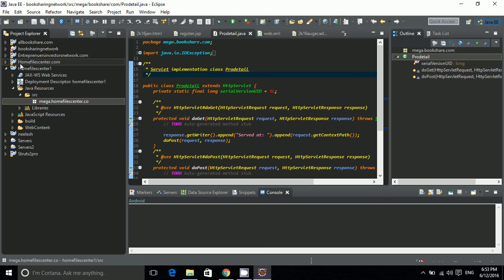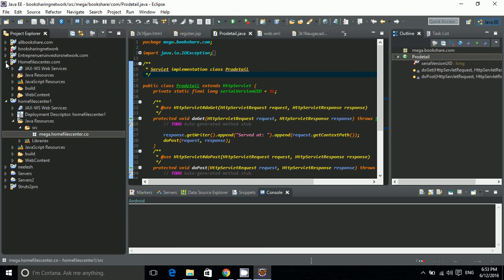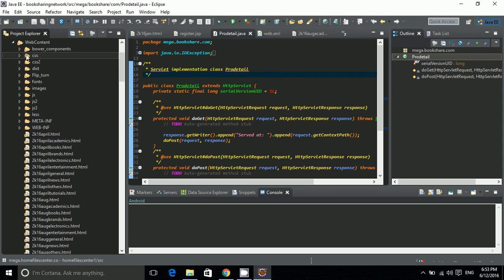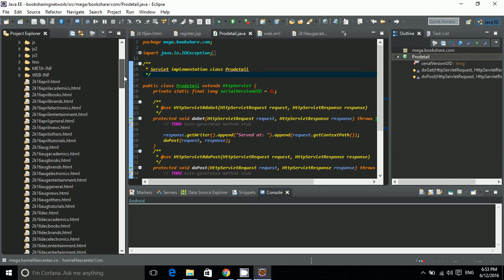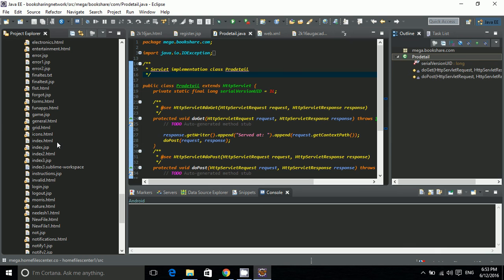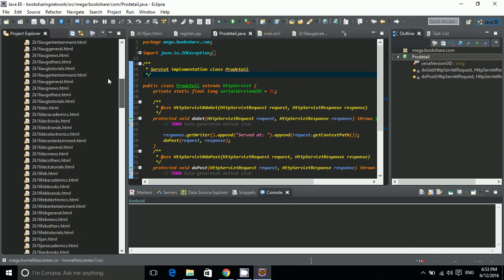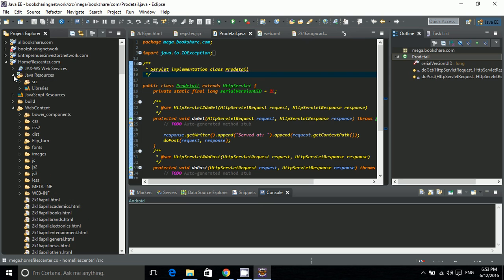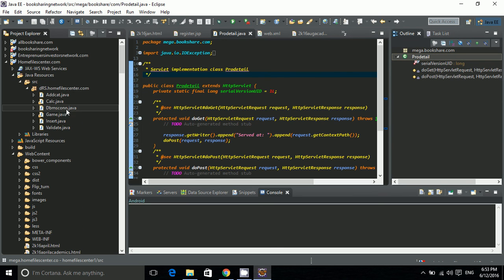For instance, you can see I have this project made already. Click on that. This is WebContent. Once I click on WebContent, you can see CSS, CSS2, Flipturn, fonts, images, and all these. These are all CSS folders. These are HTML files, a bunch of HTML files, and after that you can see a bunch of JSP files. This is JSP, this is JSP, this is JSP. So like this it goes on. And in this project you can see my Java files also, source, my package name, and these are my Java files. So this is the basic setup of the environment.